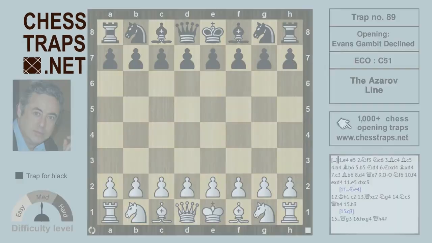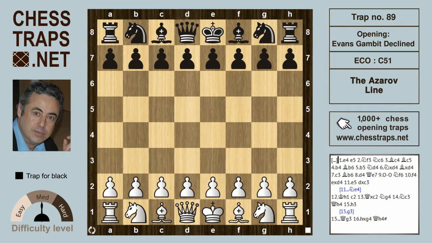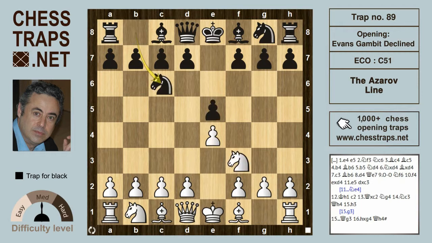Hi there, this is the Azarov line in the Evans Gambit Declined, and for the most part it tracks the course of the game Krakops against Azarov, 2002. So it's e4, e5, knight f3, knight c6, the Italian bishop c4 and bishop c5, and white strikes with b4,